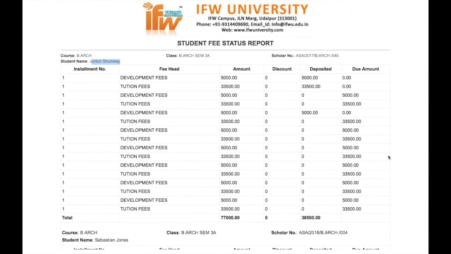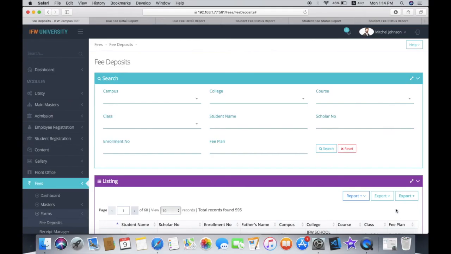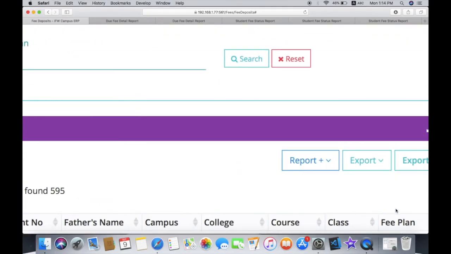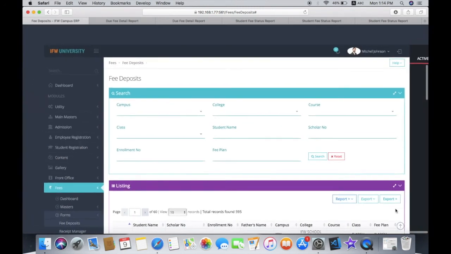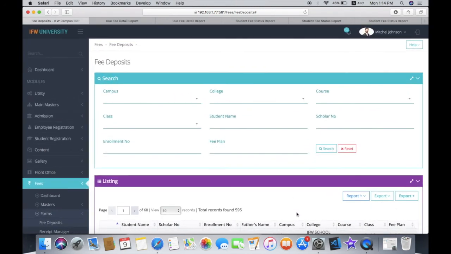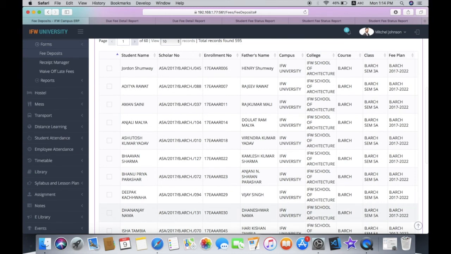So this is how the complete fee status of a particular student is generated using this fee status report. All these fields on each form, wherever you can see Export Plus, Export, Report and Report Plus, are the dynamic fields that allow you to generate the reports as per your requirement.